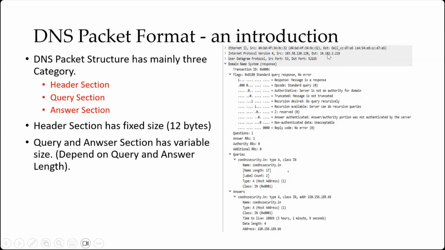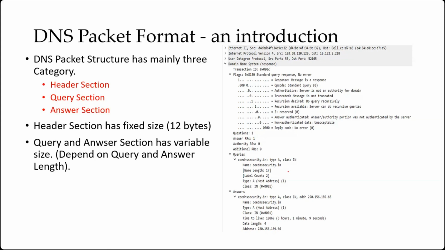And through this, this is my private IP address, from my machine. From my machine, I am asking the query. So that is the response. It is coming from the public DNS resolver. So the source IP is the public IP